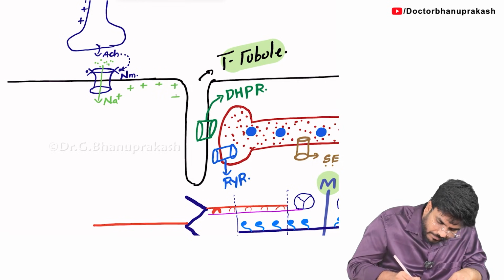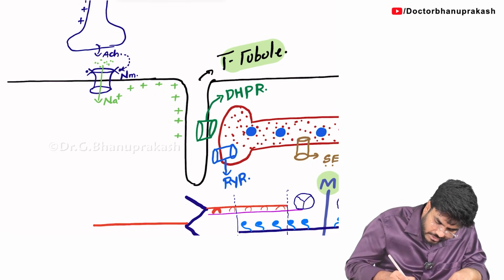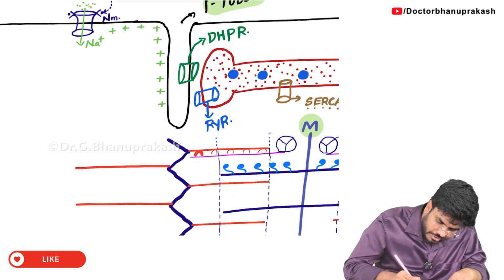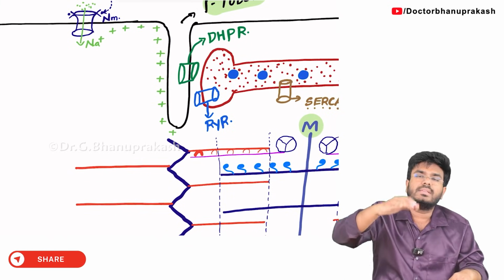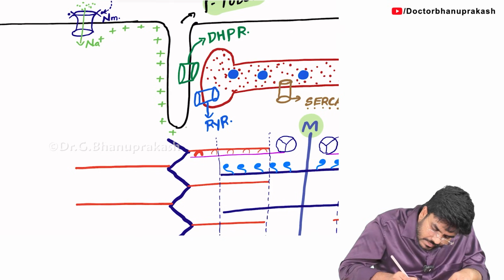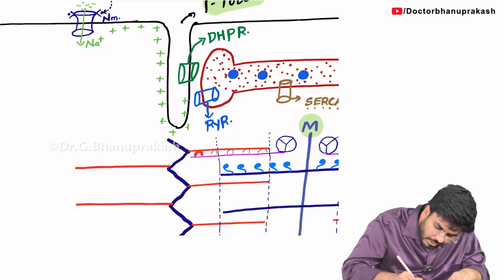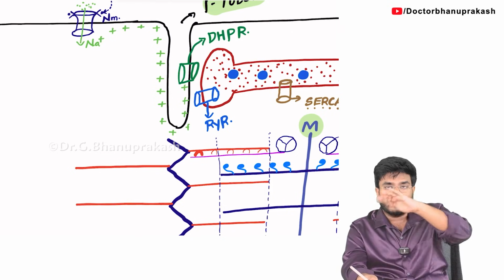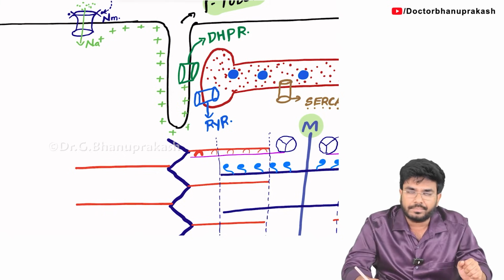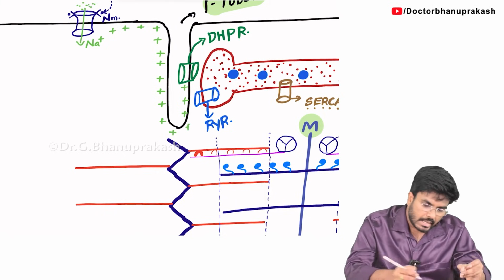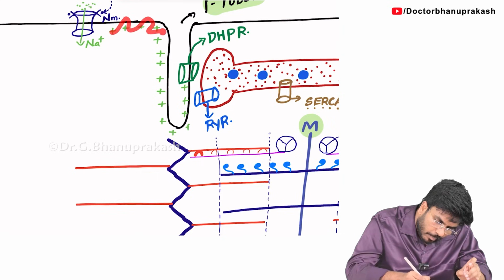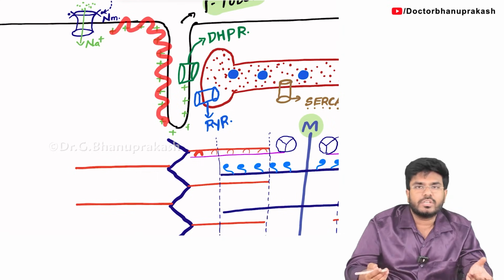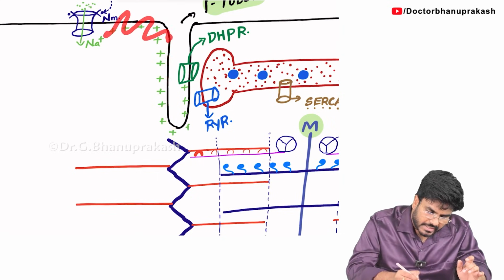Because of this sodium, there is a depolarization, meaning the voltage is becoming positive. Sodium is moving into the cell, so there is depolarization of the muscle cell membrane. The voltage is changing because of these positive sodium ions. Now whenever this depolarization, or action potential, is spreading